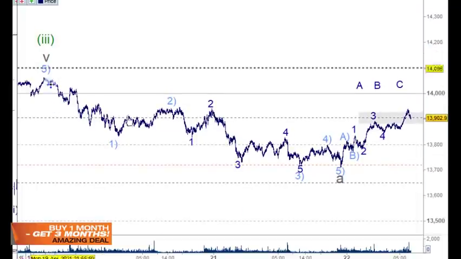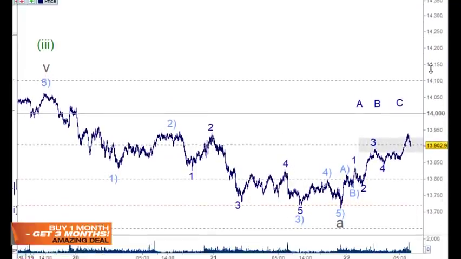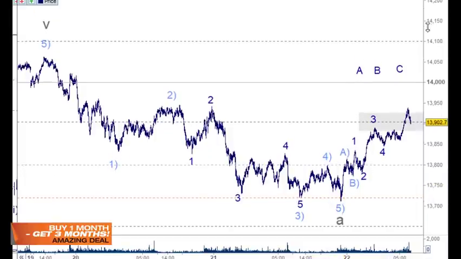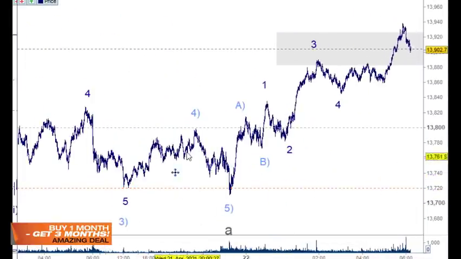See, from the high over here, I've sort of rearranged this a little bit. There is a case for an impulse wave down here for this, in terms of 1 and 2 and 3 and 4 and 5 for 1 here. I suppose it could be an A wave here and a B wave over here for this, but wave 1 and 2 and 1 and 2 and 3 and 4 and 5 here, because we've got 5 waves in here and a nice wave 4 here compared to wave 2 here. And then we've got wave 4, and then we've got a new low here for this. Mind you, it hasn't really delivered a nice 5-wave structure for this here, but it's still clearly made a new